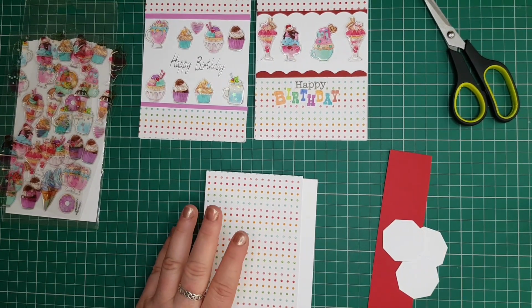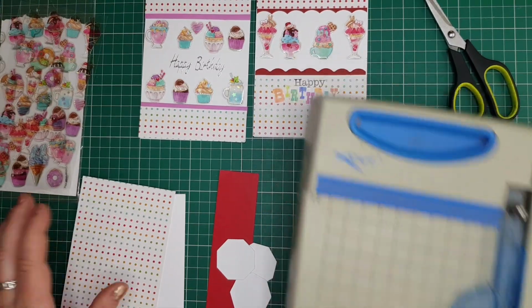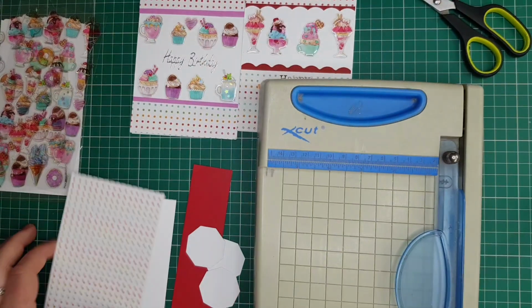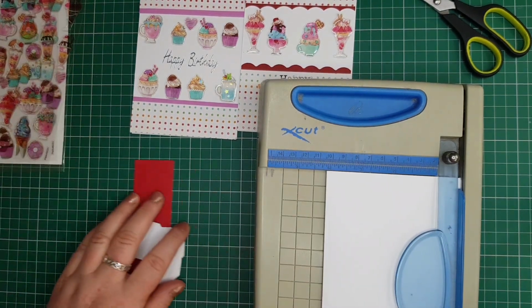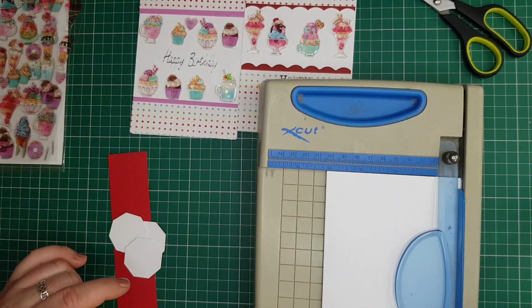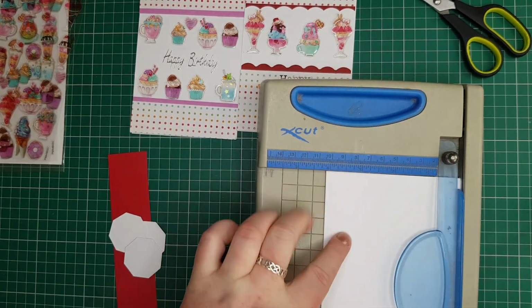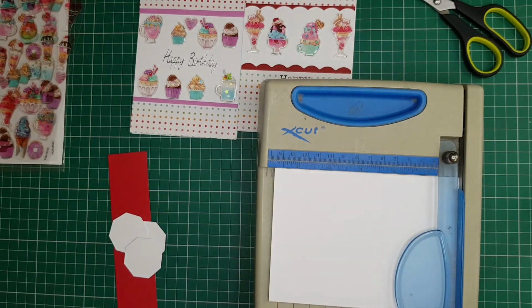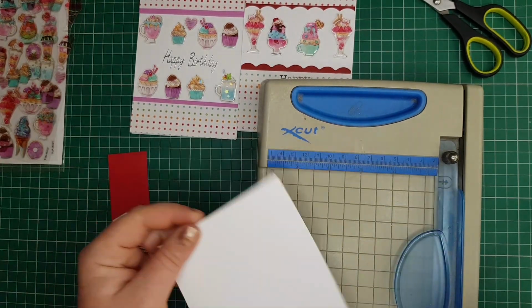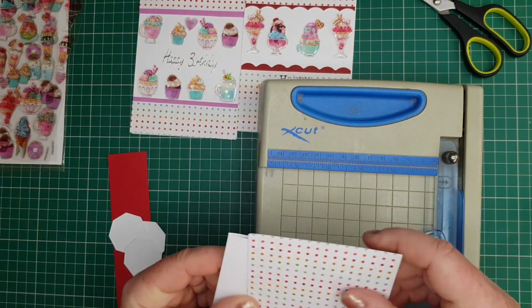I'm going to get my cutting machine and I need to measure up how much I need. So the card is a standard A4 card, which is 4¼ by 4¼ by 5½, I believe. 4 1/8 actually. So 1/8 by 5 3/4. This one is bigger actually, but this one is definitely too long, so I'm going to cut this